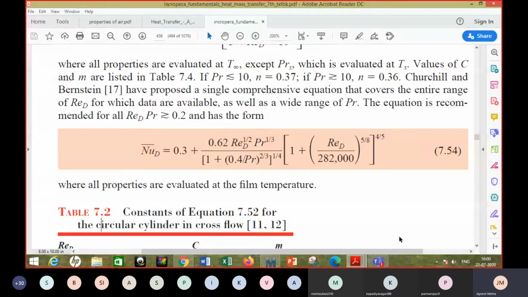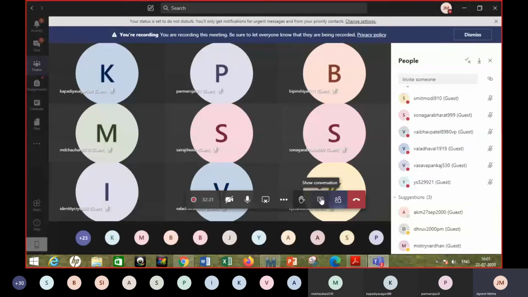See, these correlations, they give you some result, but it's not that in reality you will get exactly the same heat transfer coefficient or same number, right? These have some errors in them, a range of error. So the researcher, while he is giving a correlation, he would also give an error band that my formula is plus or minus 10% accurate. Plus or minus 5 could be a very good number, right?